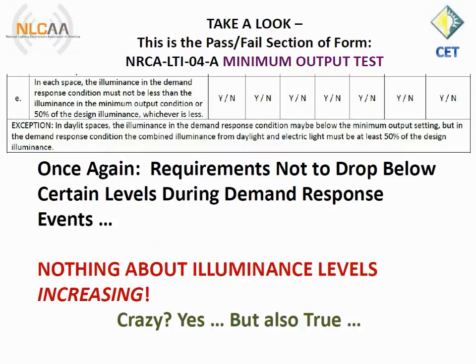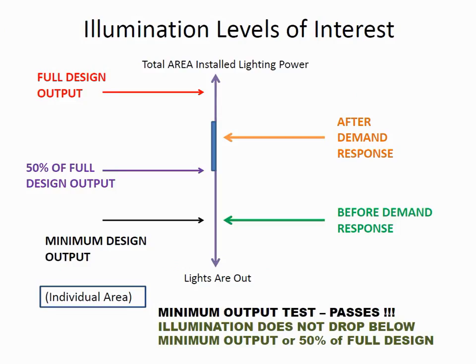How did this happen? We don't know. When the CEC decided that demand response should be applied to daylit spaces, I'm afraid that trying to write this in one set of requirements became too confusing, and when they tried to reconcile this into that one set of requirements, it didn't work. So here is a bizarre